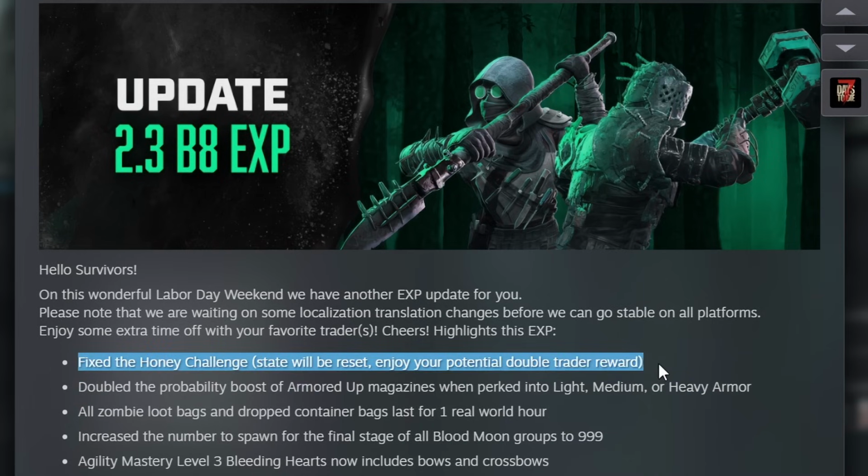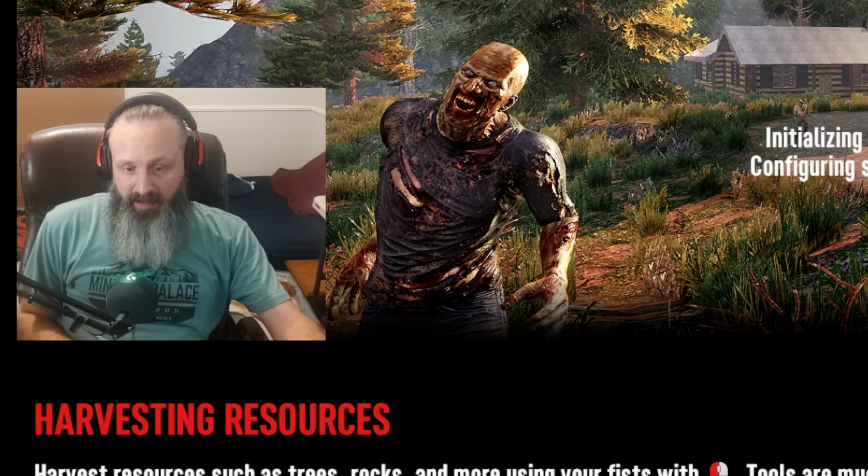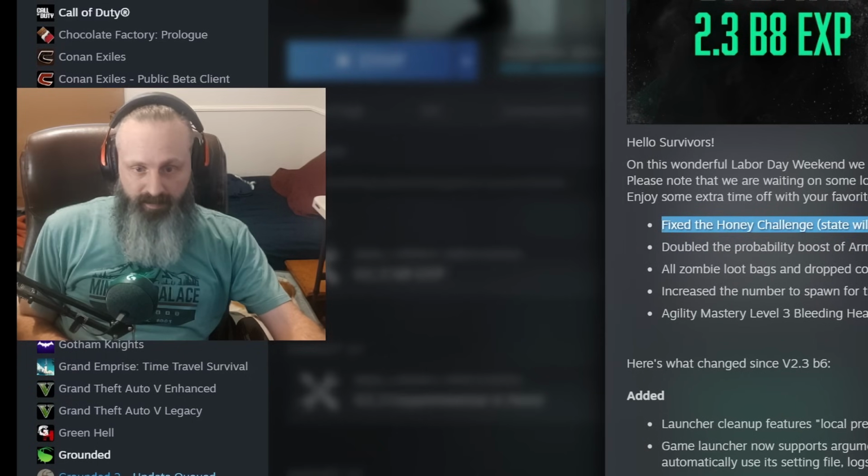State will be reset. As a side note, enjoy your potential double trader reward. There is no trader reward for the honey challenge. It's just XP. I think it's like 1,000. Maybe that means something different. I don't know, but